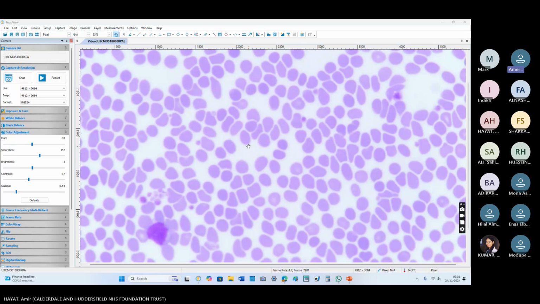So one clue is that they will give you FBC, which will show either high hemoglobin or high hematocrit. Second clue is that the red cell mass is very high in the blood film, and you can see these red cells have